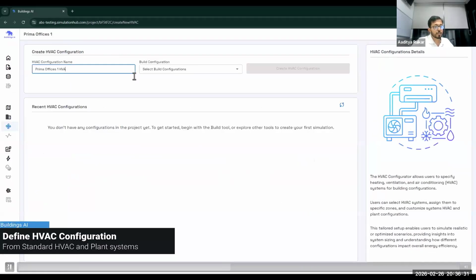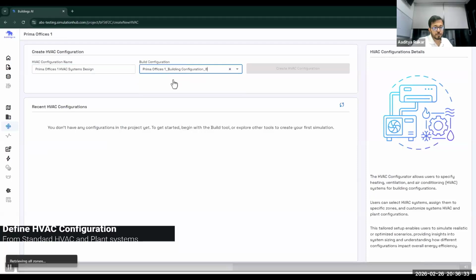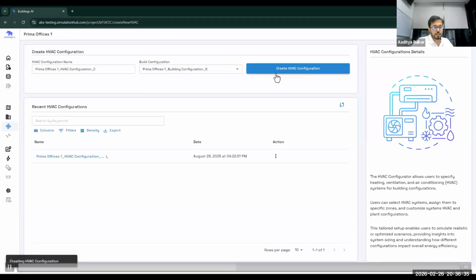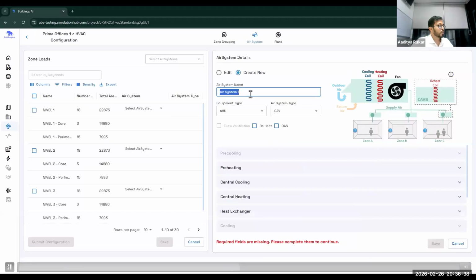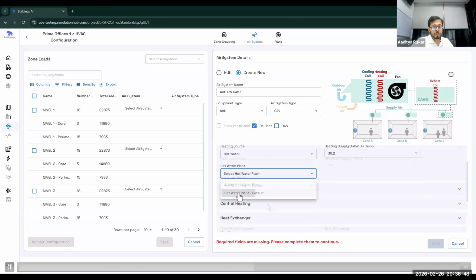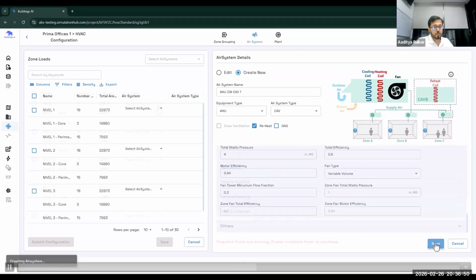The next step is the HVAC system. I'm going with a standard HVAC system. My zones are now visible on the left side. I can create AHUs and assign them to those zones.